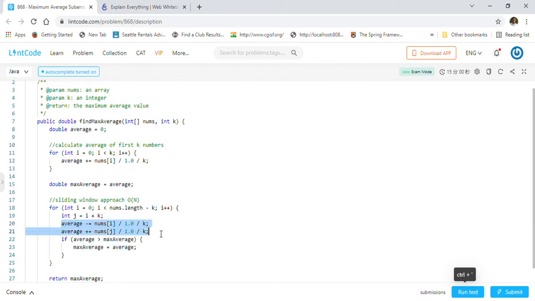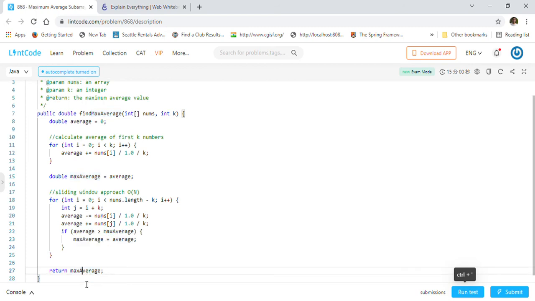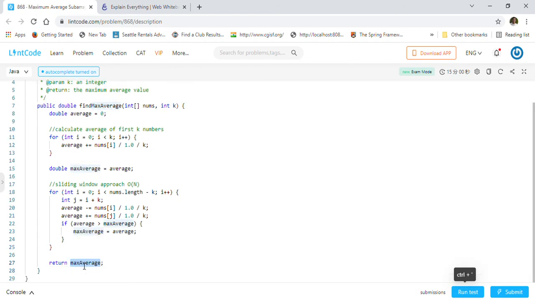These two steps are typical sliding window things. Whatever element is going out of the window, we are subtracting it, and whatever element is getting added into the window, we are adding it, and then we are recalculating the average. If the average is greater than the maximum, then we reassign the max average as the average, right? So that we will always have the maximum average at the end of the for loop, that we are going to return as the max average.